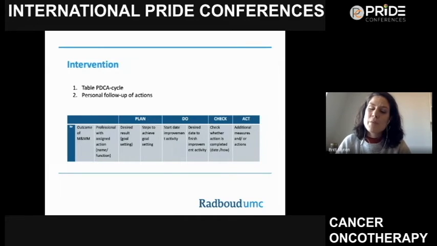So the personal follow-up, which is number 2, was actually an important part of the intervention. A lot of times tools are developed and we present them to professionals, but it's not easy to take something and use it automatically in a perfect way. And the personal follow-up was really important, so people were reminded and they understood what needed to be done. And also they got help if they needed any help to perform the task or action. And the assignment of a professional was also really important.